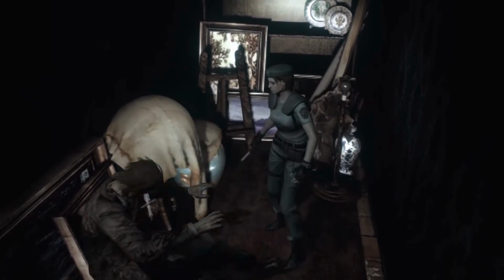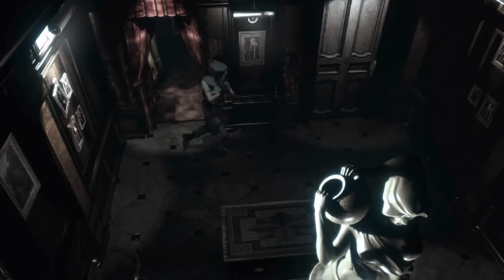Both of these mechanics are really good for survival horror because while they give me a chance to fight back, it never feels like I am the one who has the advantage. It feels like I am just getting by.